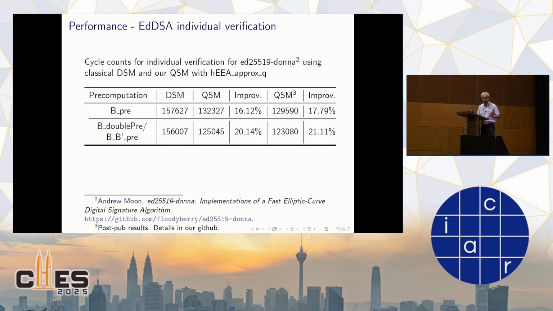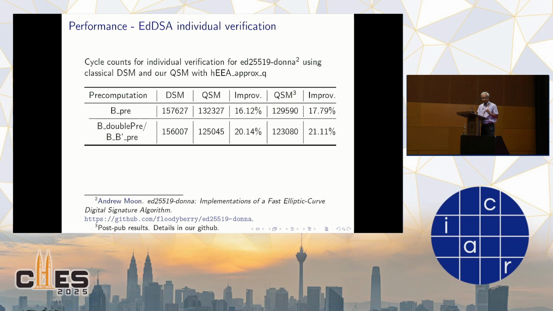So here we have a quick comparison. We have implemented this new algorithm, the new quadruple scalar multiplication-based verification that I showed you in the previous slide, and the traditional or classical double scalar multiplication-based verification. So there are two rows in the table. The top row uses pre-computation just based on B, and the lower row increases the pre-computation by a factor of 2, and we can expect better results. But very quickly,